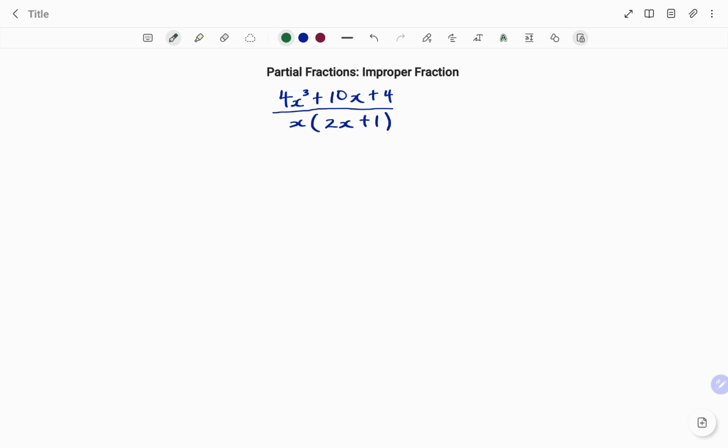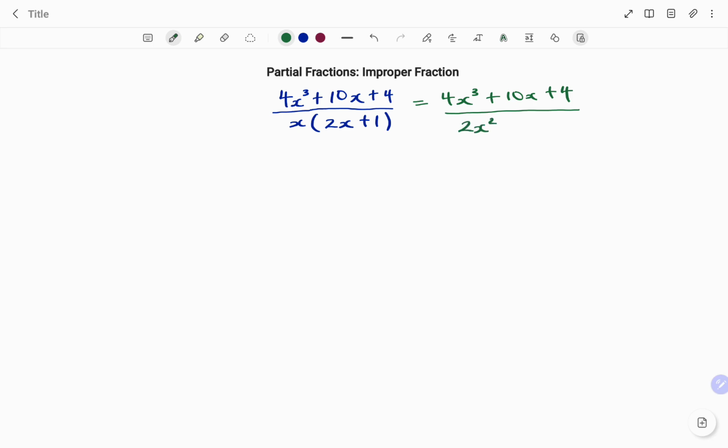The fraction shown is an improper fraction because the degree of the numerator is 3, and the degree of the denominator is 2. In order to express it as the sum of its partial fractions, I'm going to start by rewriting the denominator. If I expand, what I'm going to have is 4x cubed plus 10x plus 4, all divided by